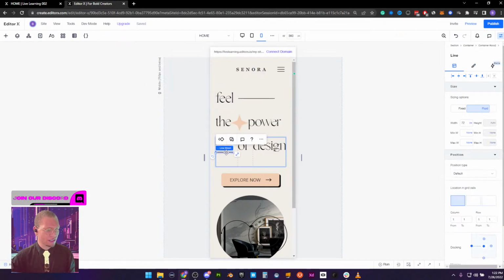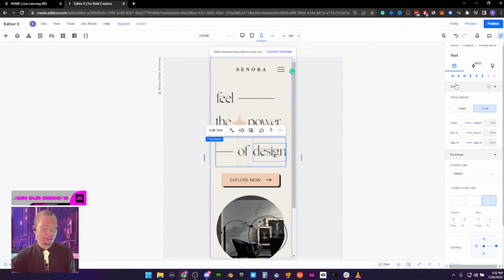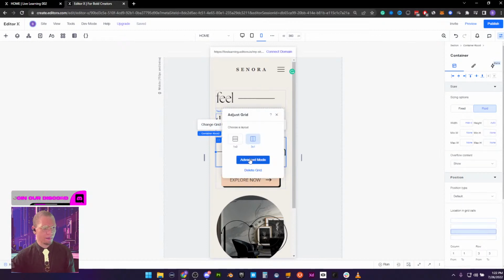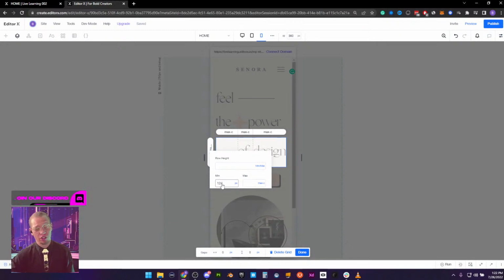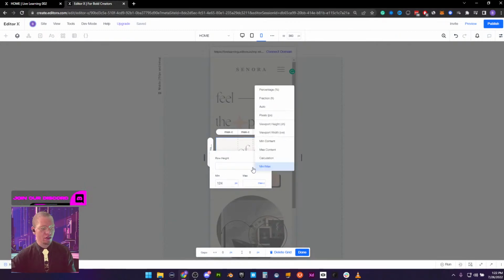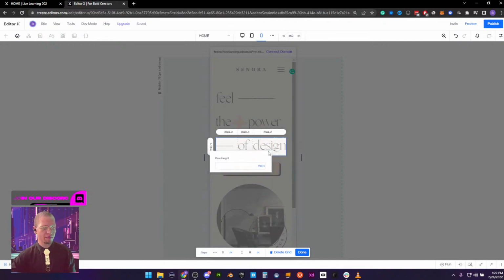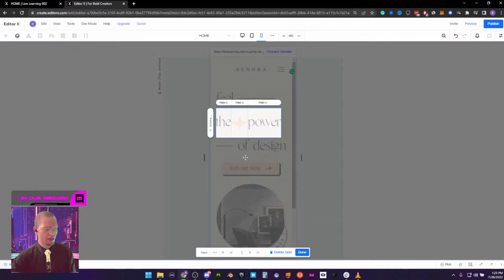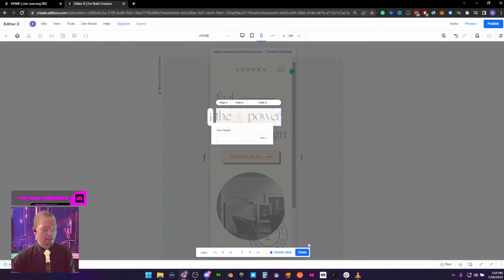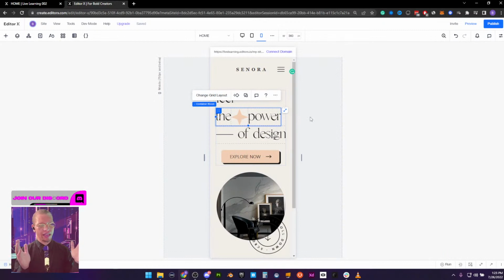All right, I'm going to do kind of the same thing here. I'm going to center align everything here as well, again using my alignment tools, just like in any design program. We're going to go into this container, change grid layout, advanced mode. I'm going to go to my row settings right here. Right now it's just set to 124 pixels of height. We don't care about that. We're going to click row height here, go from min-max to max content, hit done. I'm going to do the same thing here: change grid layout, advanced mode, go to the row height, and max content. Okay, so now we're getting a nice reduction in our size.